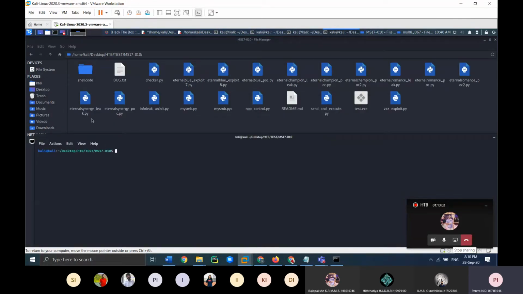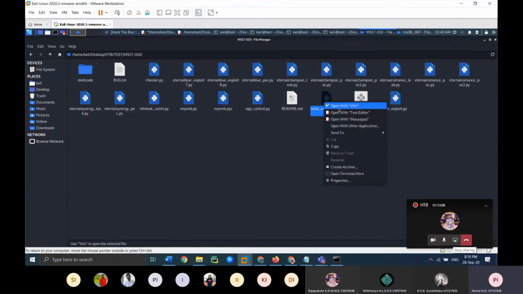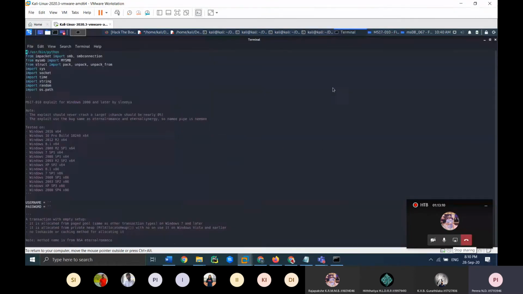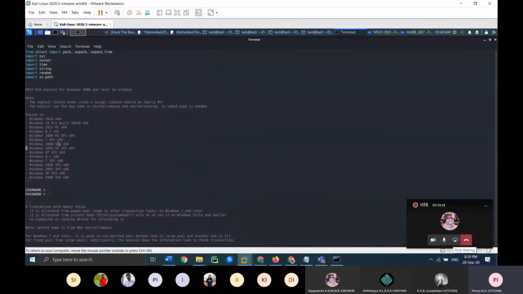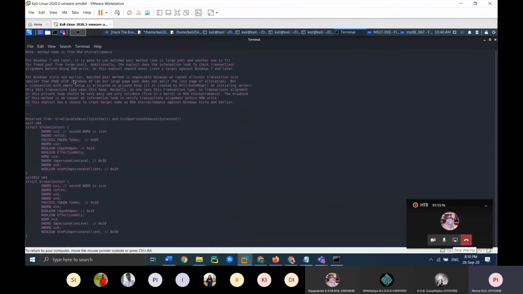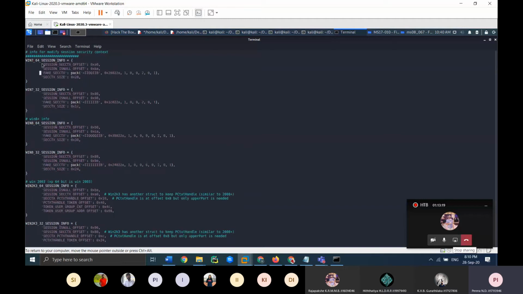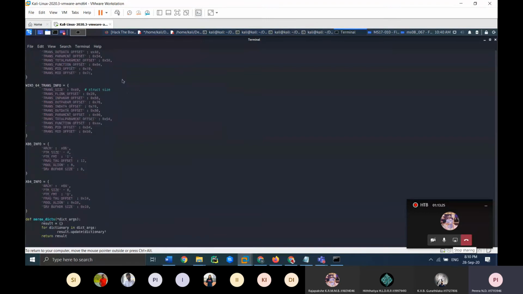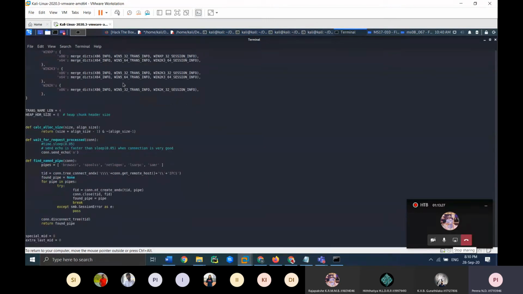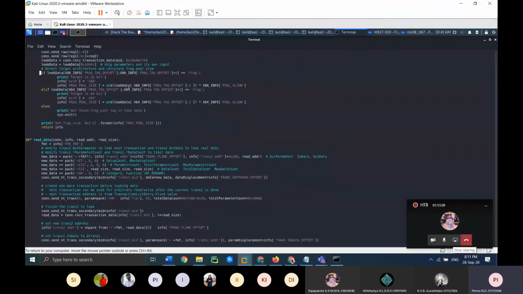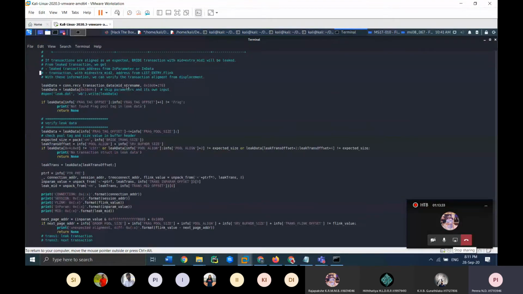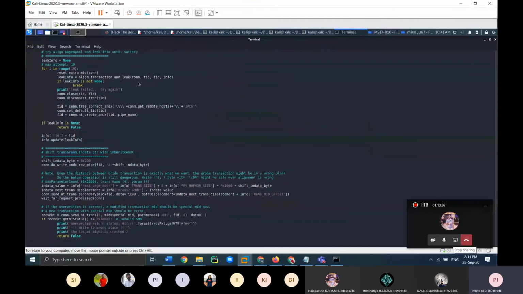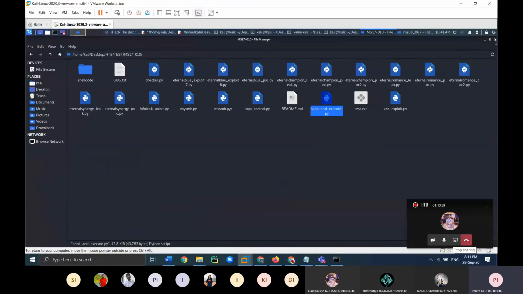So what you have is this EternalBlue script written here, send_and_execute.py. What it does is it goes and executes, it does all the attack. Whether it's Windows 8, 8.1, 2000, anything, it attacks. This is written in a format where you attack the Windows DLLs, you exploit it, and then you gain access. So this is how the exploit is written. There are no specifications to it.